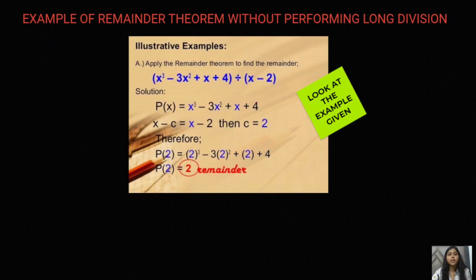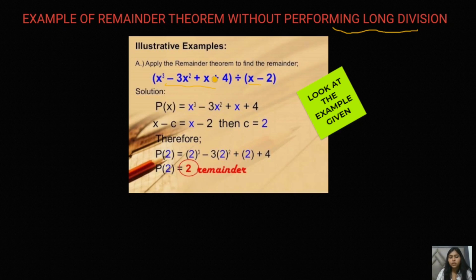Now next will be the example of the remainder theorem. As I have told you about the remainder theorem, I have not given you an example. Basically, remainder theorem is something in which we need not perform any long division. So how can we solve something if we don't have to actually divide it? For example, this is a very big term and we have to divide it by this. By long division method, it will be a very big procedure. So in the case of remainder theorem, we just don't have to divide it.